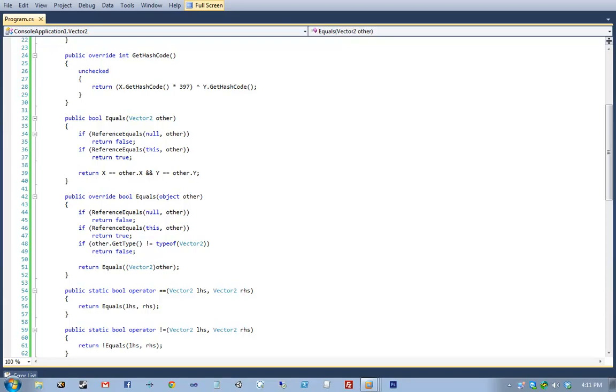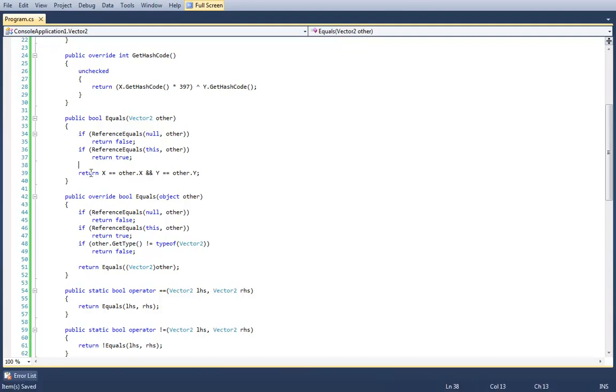And like Jisoo said, the rest is error checking. It's kind of shortcutting and preventing exceptions. Craft that needs to be done, yeah. Because at the end of the day, line 39 is really the one that matters, we'll want to make sure that by the time we get to line 39, other is a Vector2 and it's not null. That way we won't get a null reference exception.